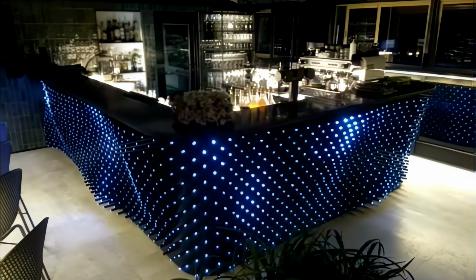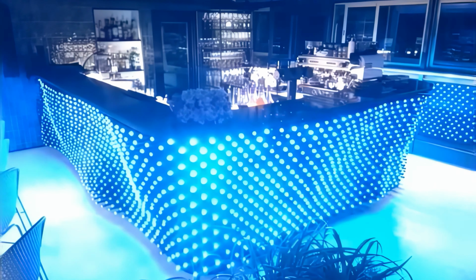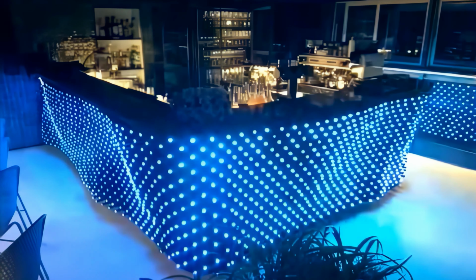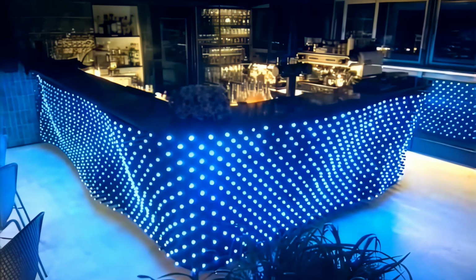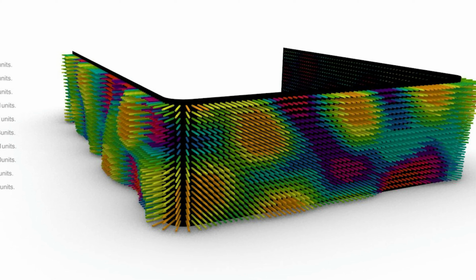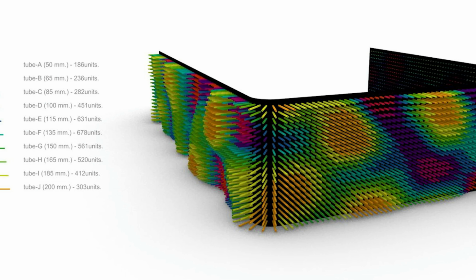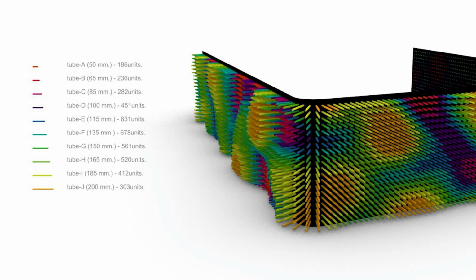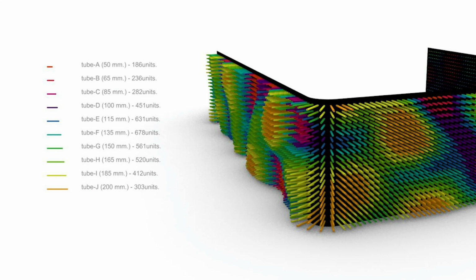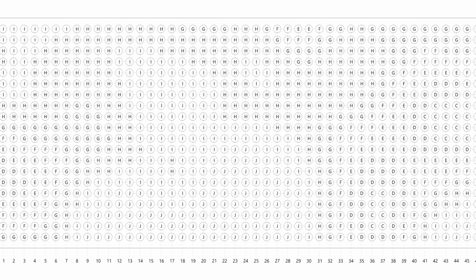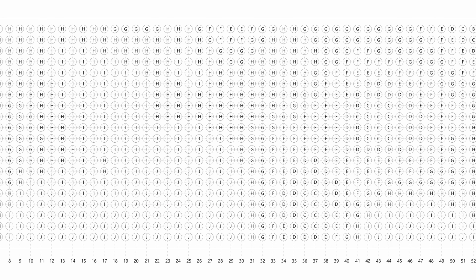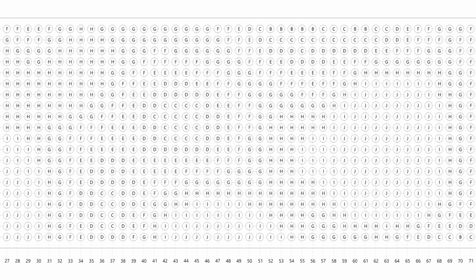I will show you the use of Hologram on the project we did a few years ago, which is a parametric bar counter. It's basically bar counters consisting of acrylic rods. Each rod has different lengths and follows the attractor or noise pattern. We specified several groups of rod lengths, so it's easier to fabricate, and provided a special placement map for the design, so they could assemble it in place. Everything was done with Grasshopper, and today I'm going to use this project to demonstrate the possibilities of the Hologram.